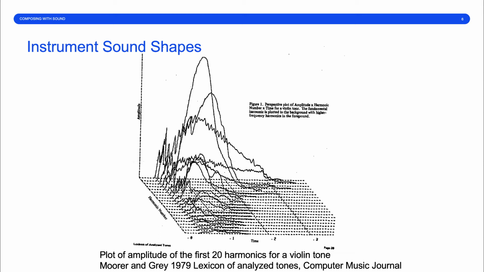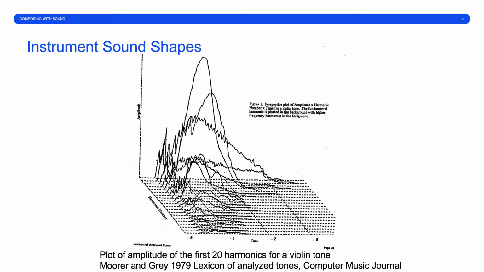And Moorer and Grey, in their 1979 articles, Lexicon of Analyzed Tones, which were published in the early editions of the Computer Music Journal, analyzed a trumpet and a violin and various other instrument sounds. So we're looking here at a diagram that comes from that article, so it's rather poor quality in terms of